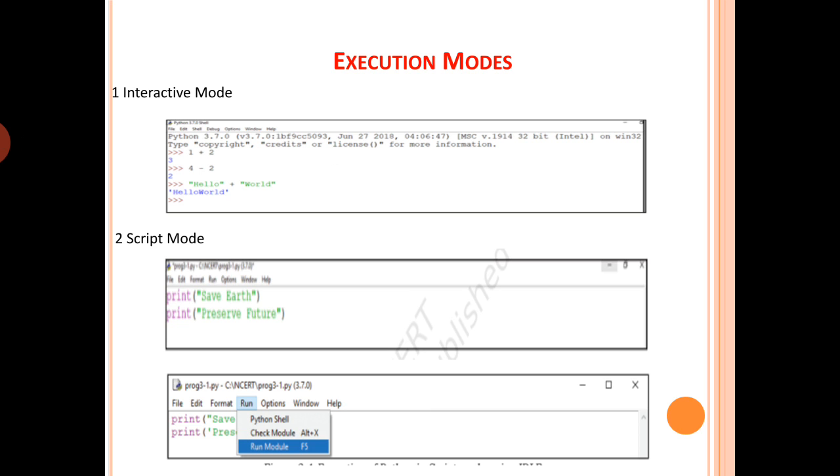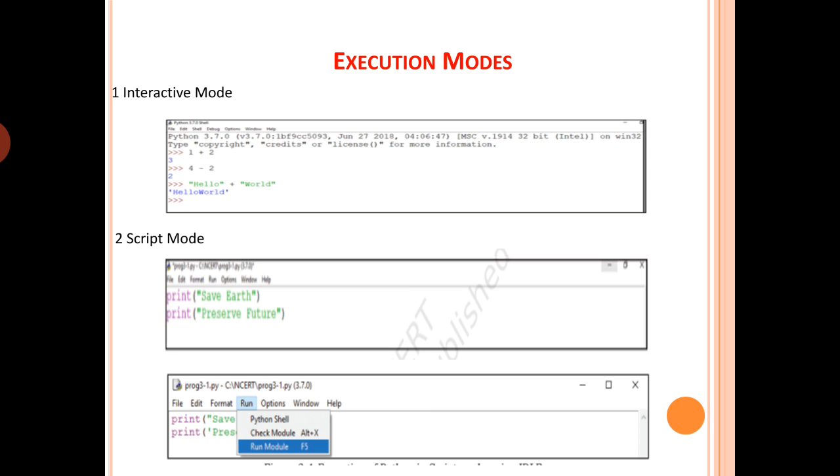In the script mode, we can write a Python program in a file and save it, and then use the interpreter to execute the program from the file. Such program files have a .py extension and they are also known as scripts. Usually beginners learn Python in interactive mode, but for programs having more than a few lines, we should always save the code in files for future use.